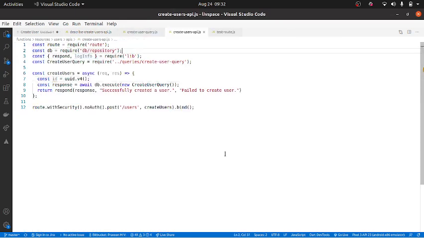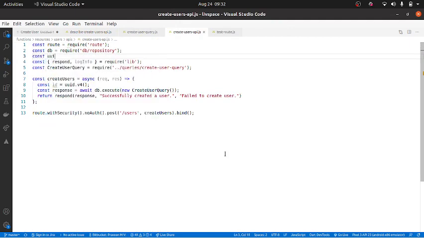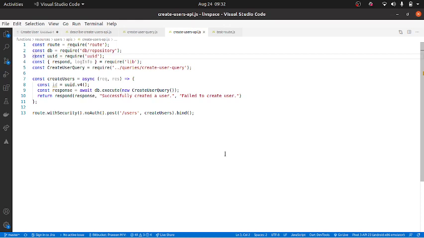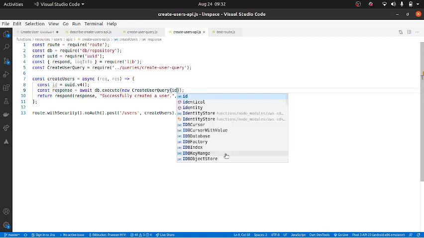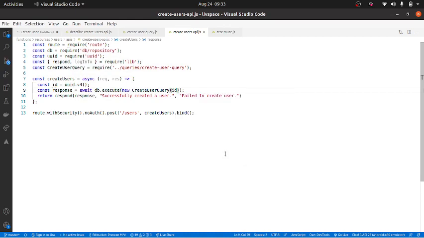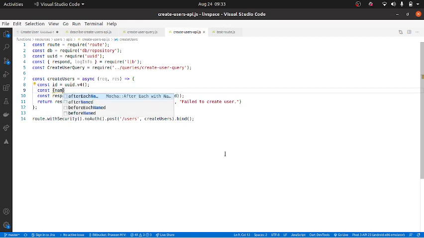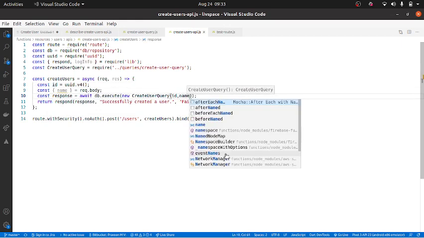So I'll basically require that const uuid equal to require uuid. So this is taken care of, and uuid dot v4. So I'm passing the ID over here. Okay, and we need name. So I'll basically destructure that using the request, request dot body, and we have the name. We will pass the name as well over here.